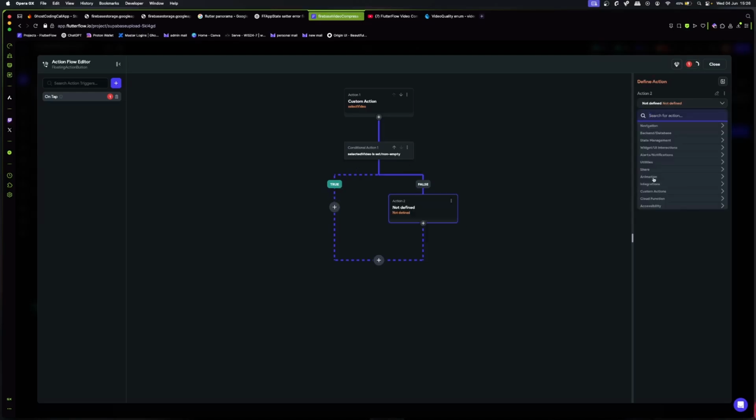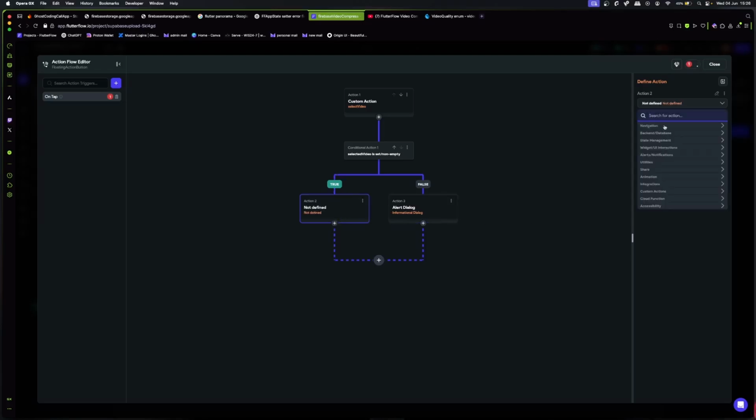So just do an informational dialog, and let's say file empty, and perhaps do no file selected.